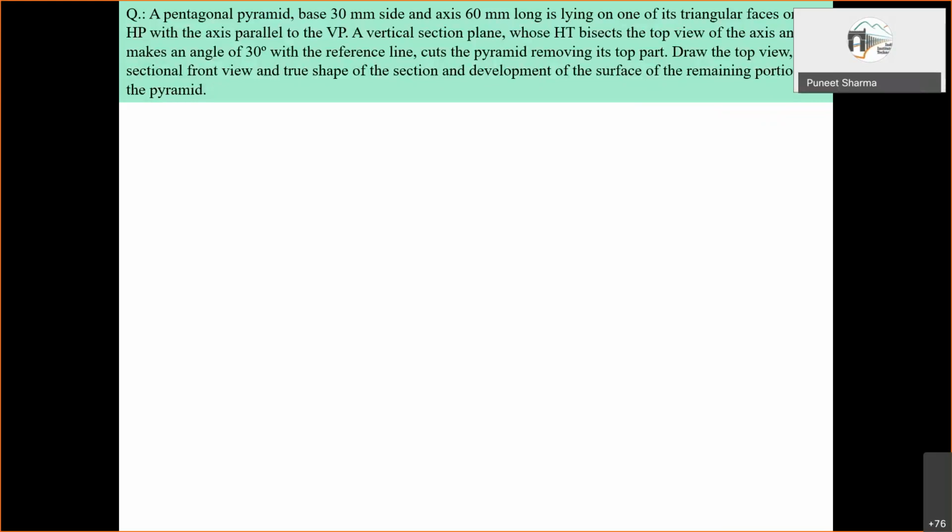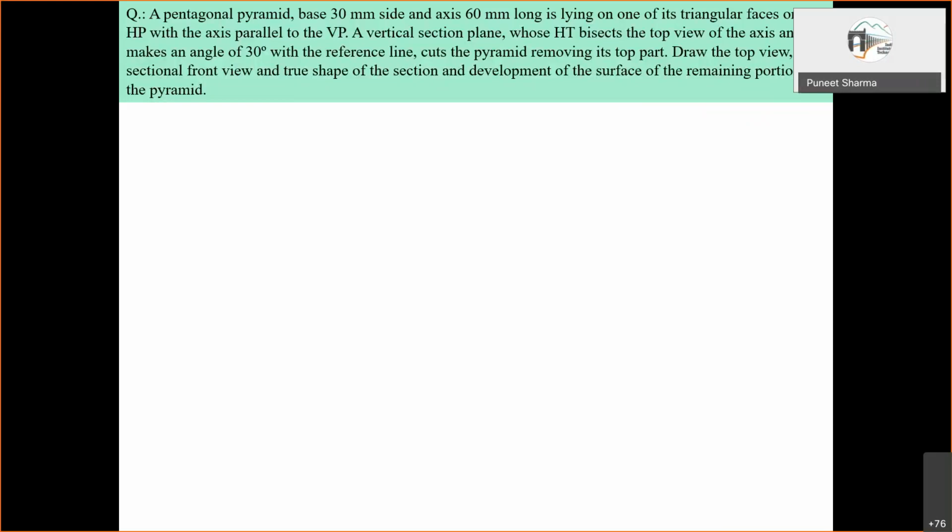If it is a vertical plane, you'll have a horizontal trace, which is a line, and I should say the top view of the plane, both will be coincident. Because if we are talking about a vertical plane, then on the horizontal plane it will look like a line only, right? As long as it is a vertical plane, it is perpendicular to the horizontal plane, so on the horizontal plane it will look like a line. And the horizontal trace, of course, will be the line of intersection of the vertical plane and the horizontal plane. So that is bisecting the top view of the axis, right?